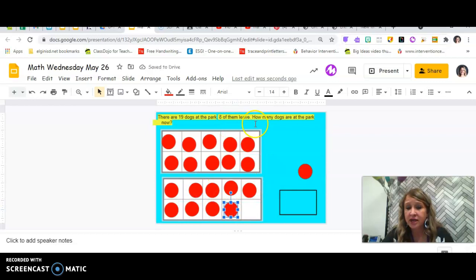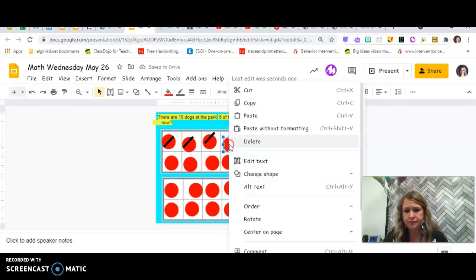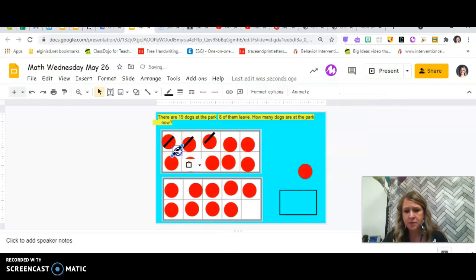Now, 8 of them leave. How many dogs are at the park now? So how many left? How many am I separating from this group? 8. So I'm going to cross out 8 of them. Okay, so there's 1, 2, 3, 4, 5,